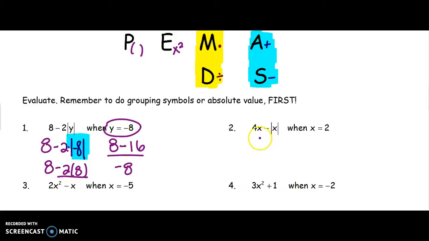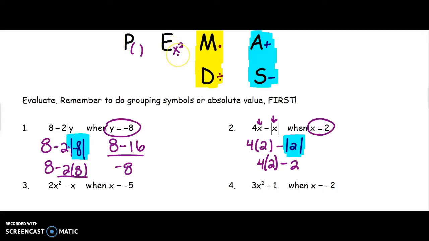Number 2, wherever you see a variable, you're going to put parentheses unless it's inside the absolute value bars. So here we have x is 2, so wherever we see that x in the original problem, we put parentheses. So we're going to fill in the 2. So again, take your absolute value, which is 2, bring down everything else you have not used, and then follow order of operations. We do have parentheses, but there's no operation in it,